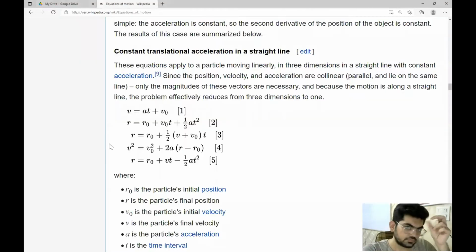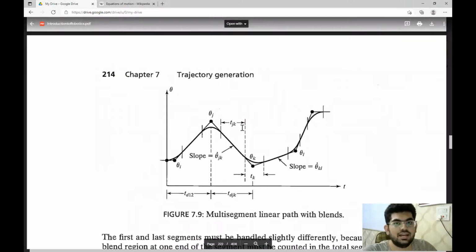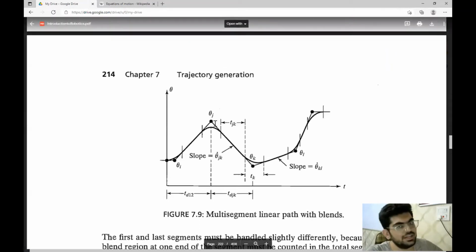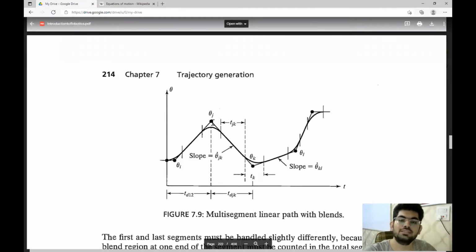Okay, so now what is this linear spline interpolation? This is the same thing that we had for linear trajectory planning point to point with parabolic blend. In this, we are given, in addition to the initial and final points, the intermediate points as well, which we need to make the robot pass through.